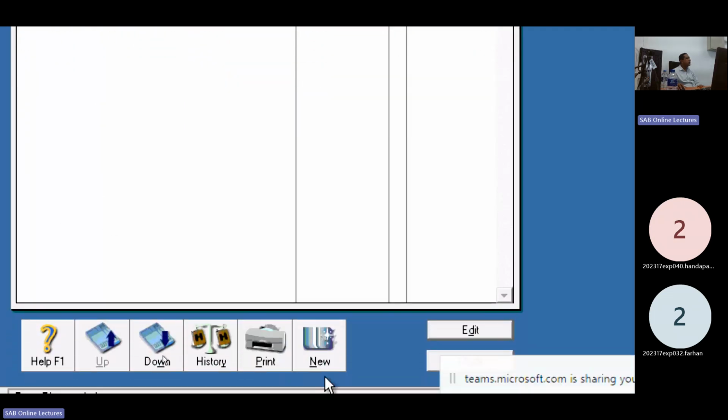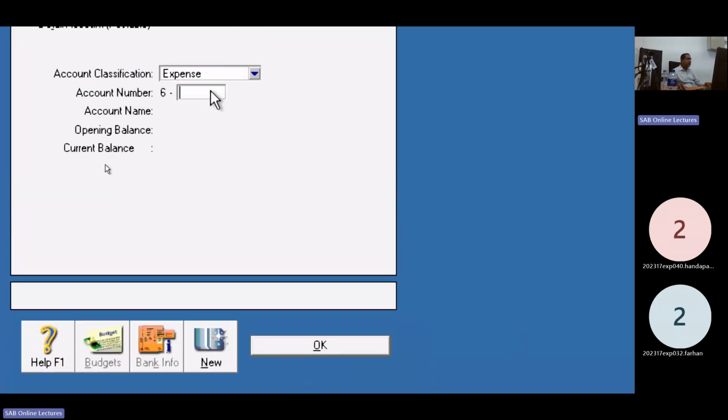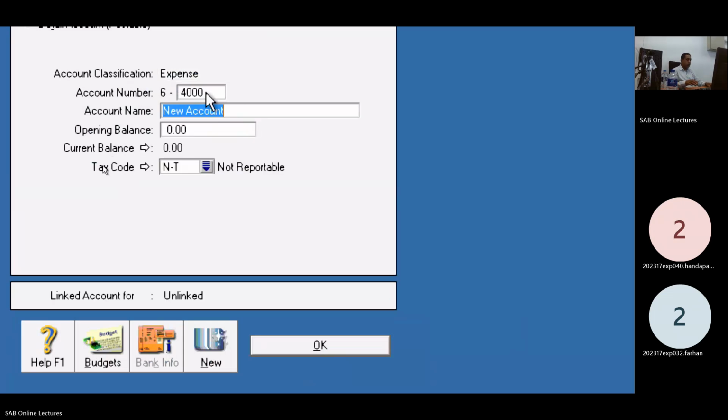Third, new, operating expenses 4,000. Operating expenses.